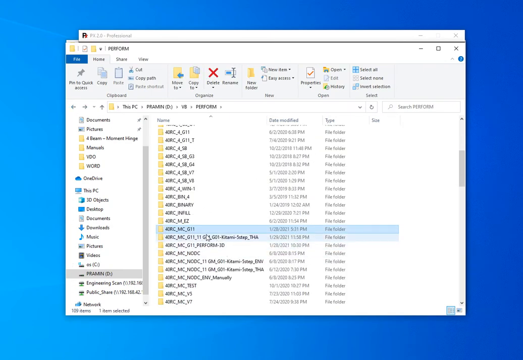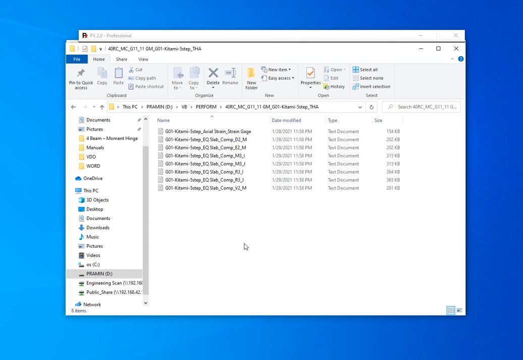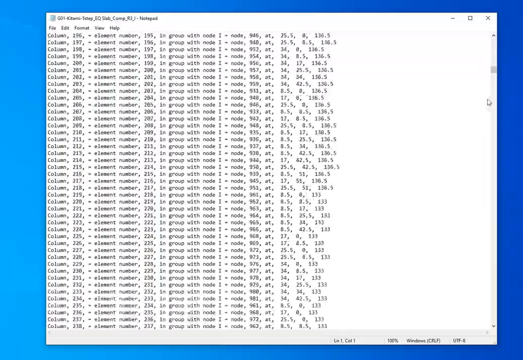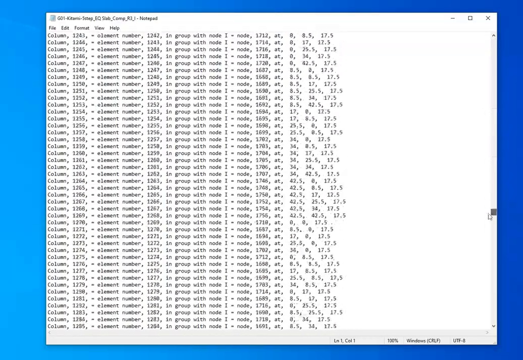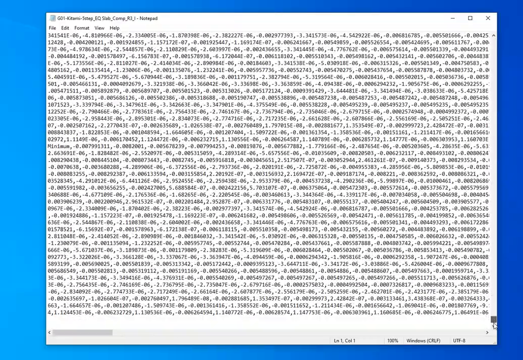At the same location as the Perform model folder, PX will generate another folder based on that analysis case. After you go to see, you can see the element groups that you selected. This is the component result. The format will be exactly the same as the format of Perform 3D.